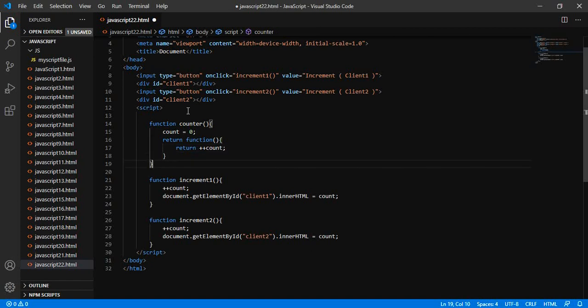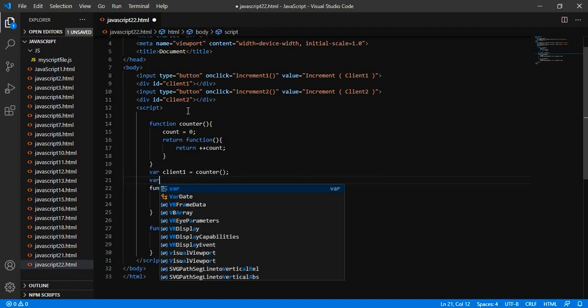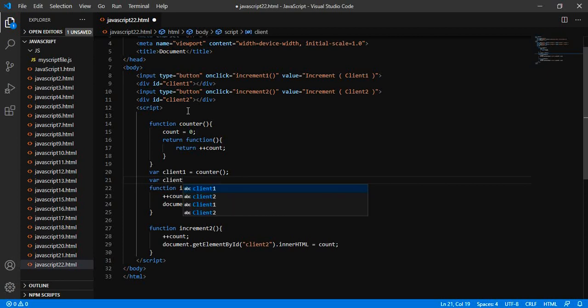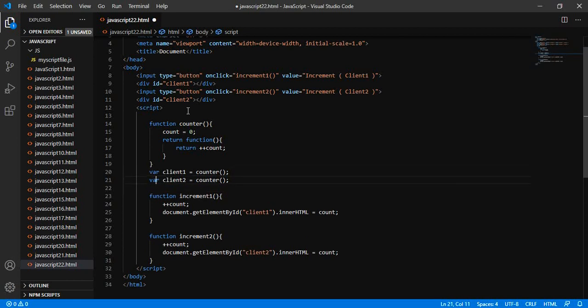Now we have two clients, client 1 and client 2. Let's say client 1 equals counter and client 2 equals counter. We are just calling the counter two times and assigning the value to these two clients.